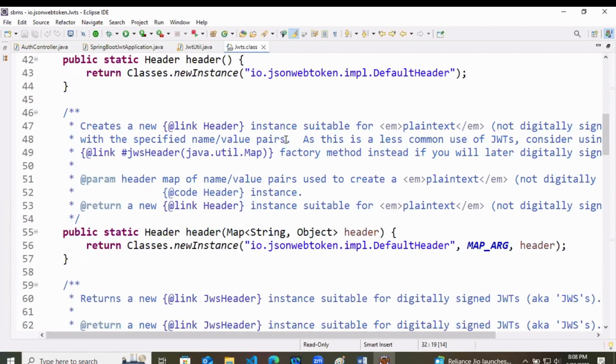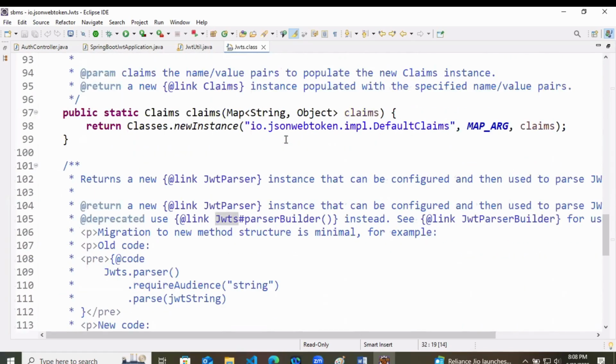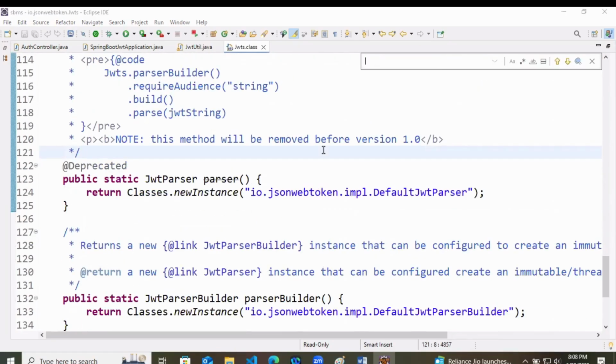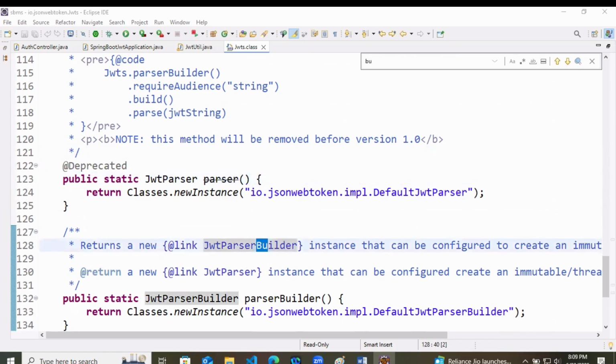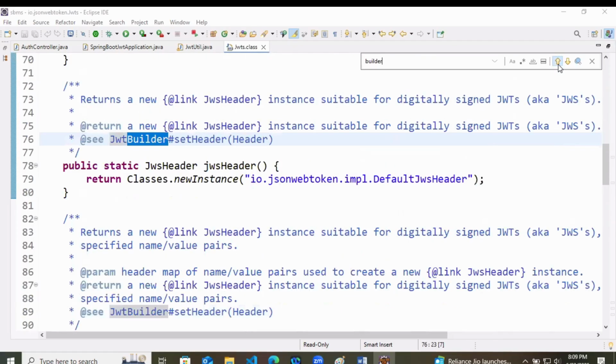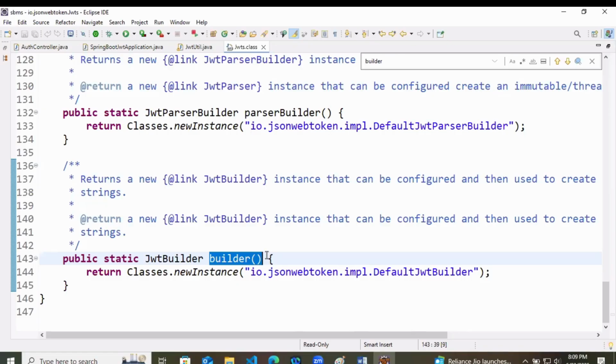It has one builder method. What it does is it just builds a token.